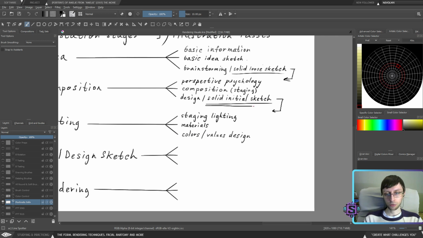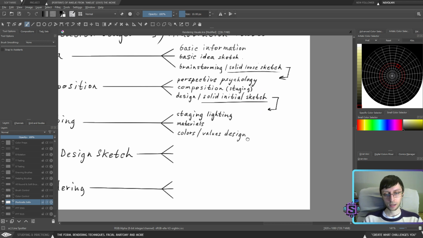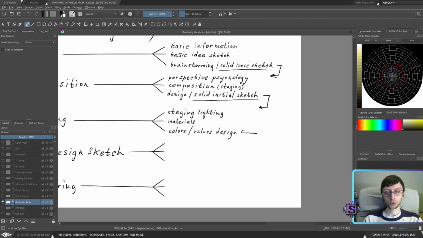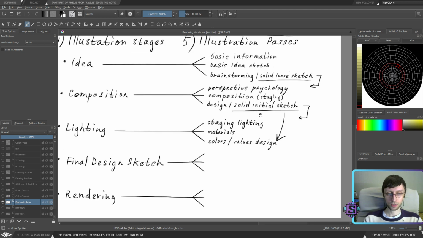And it's not necessarily going to be the same as the solid initial sketch, because the solid initial sketch might have decent details in it. This is going to be kind of a loose thing based on emotions in order to create a good color and values. So we're not going to try to do the same result in here. It's going to be kind of a different stage.